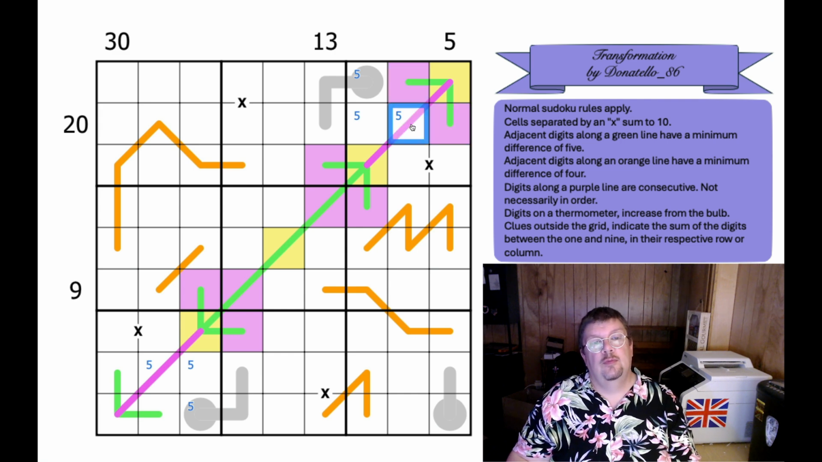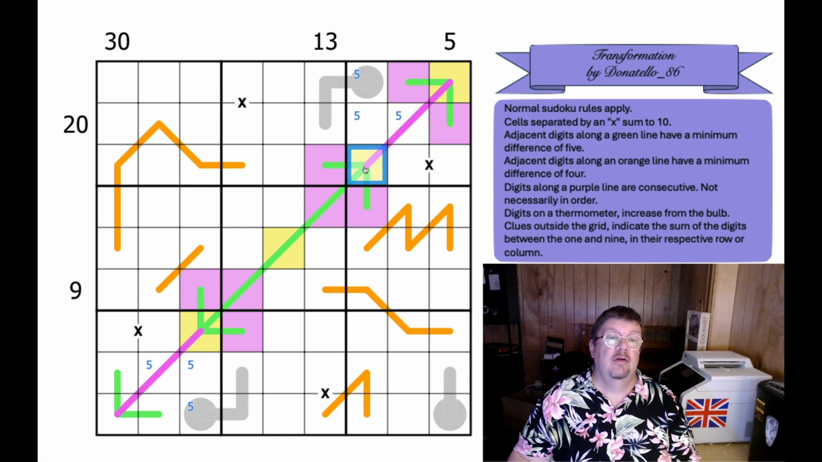So if this were a 5, then this would have to be either a 6, 7 pair, or a 3, 4 pair. Now I've just said that the 4 can't go there, or the 6, but what about a